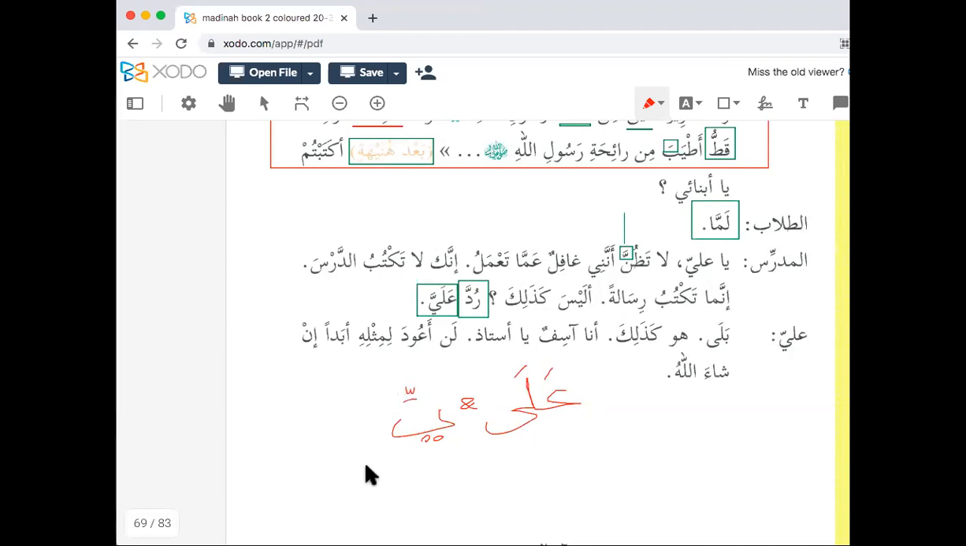It's difficult to say alayyi. So that's the reason you say alayya. So he said over here, Rudda alayya, respond to me. Jayyid. And then he responded, Abu Maymun, by saying,